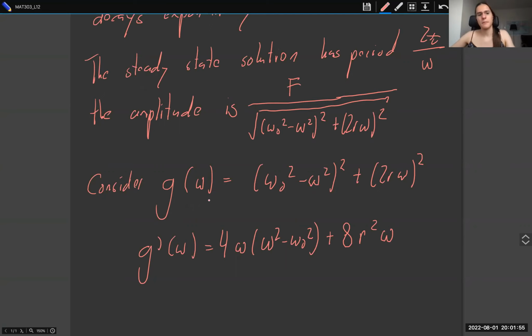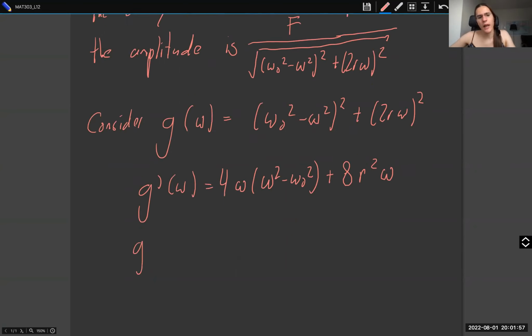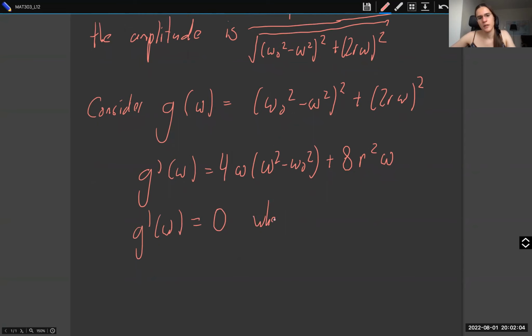So g prime of omega is equal to 0 when, dividing by omega everywhere and dividing by 4, 0 is equal to omega squared minus omega naught squared